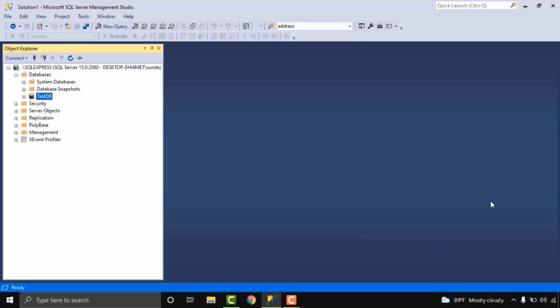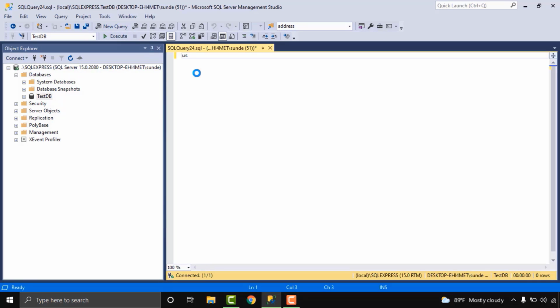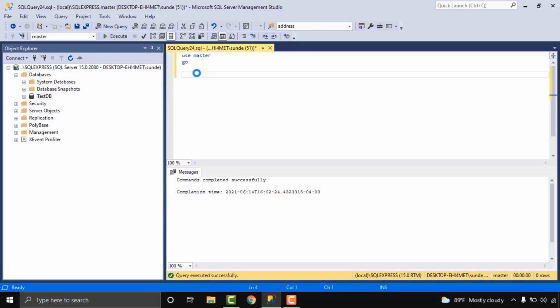Now we will see how to rename the database through a SQL script. Open a new query, use master database. The command to rename the database is alter database, old database name, modify name equals to the new database name, copy.